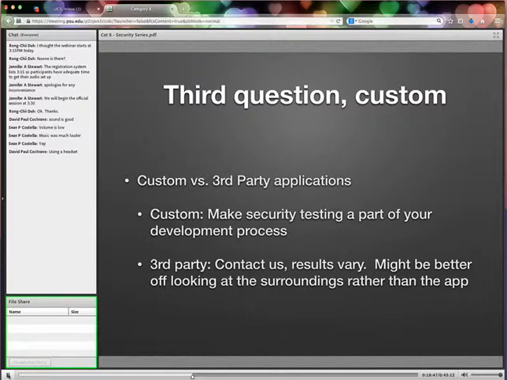The third question we get revolves around custom. When we think of applications, we can think of two kinds: custom and third party. A lot of times with custom applications, we would like to see you make security testing part of the development process. We have worked with other units that have been interested in using a tool like Nessus to do some